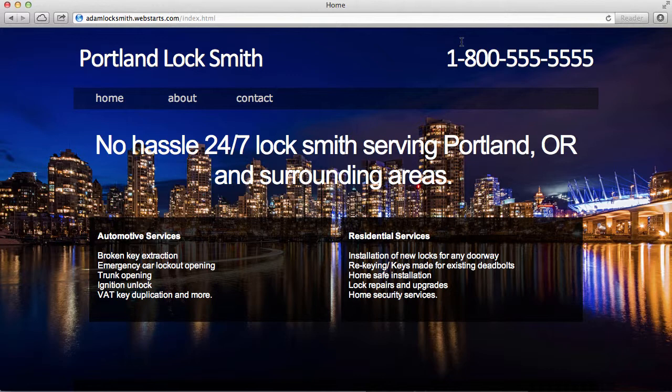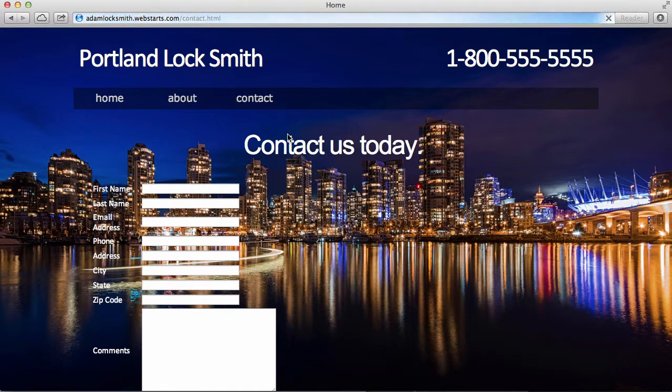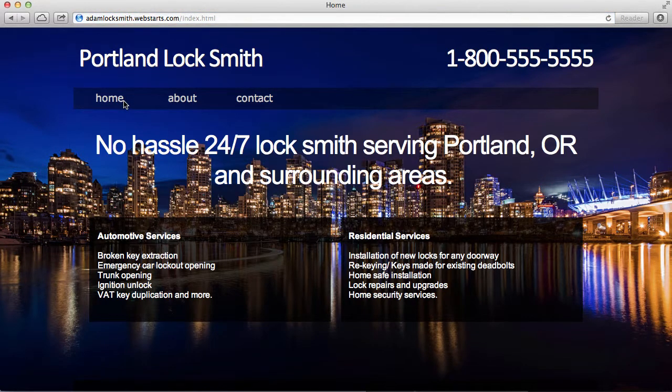Hello there, it's Adam with webstarts.com, and today I am going to demonstrate the power of the WebStarts editor to build a website for a Portland locksmith. And this is my final product. You can see that I have a home, about, and contact page with a contact form. Nothing overly complex. Of course, you can build out your website with WebStarts as much as you'd like or as little as you'd like. So let me go ahead and get started showing you how I did this step by